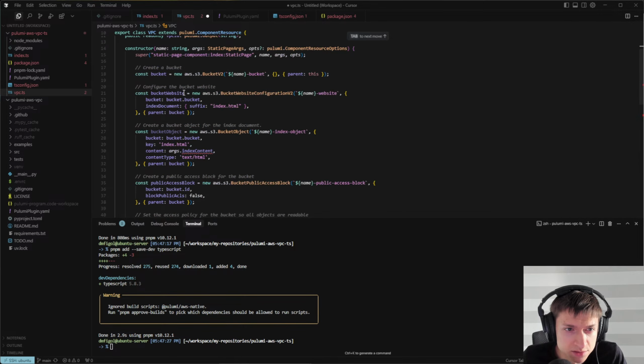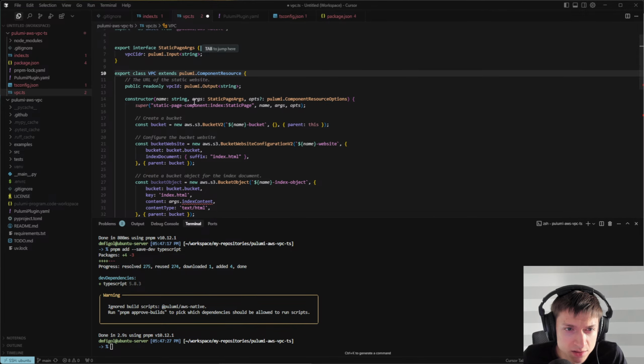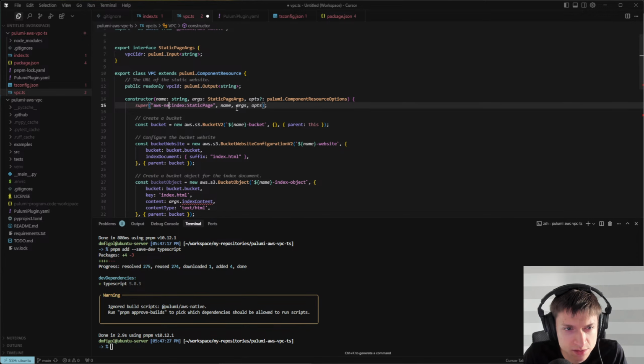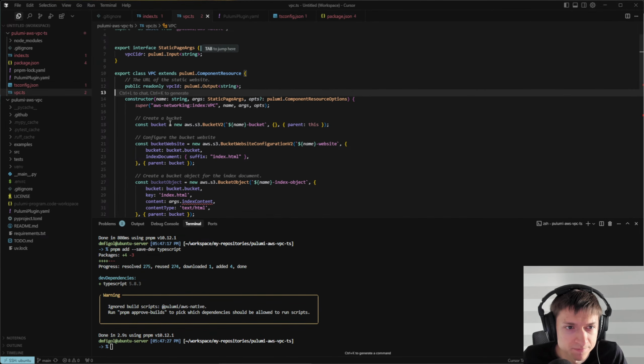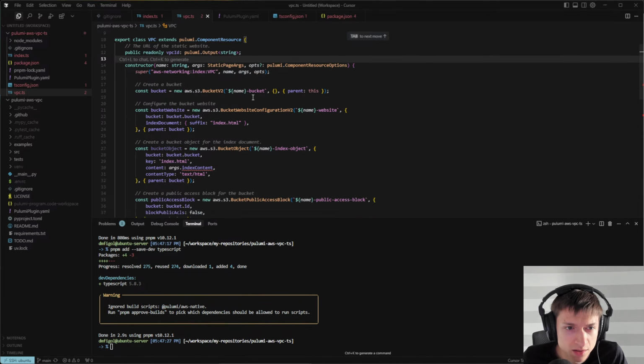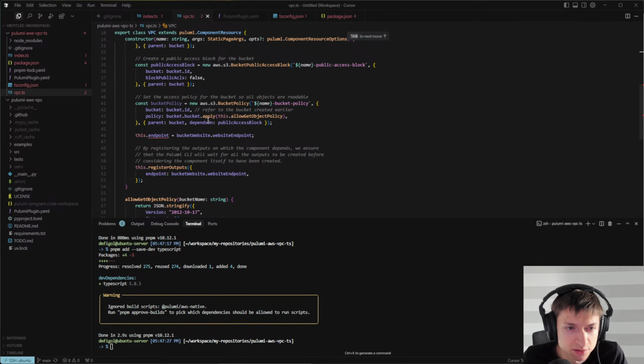constructor, name, args, options. That's fine. Okay, I think so. This one will have AWS networking VPC. Cool. And now we create